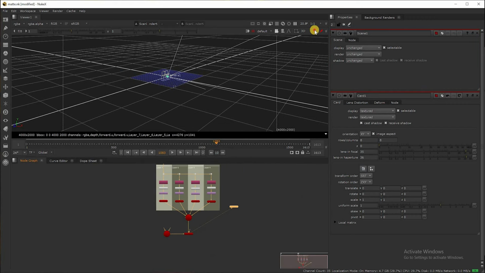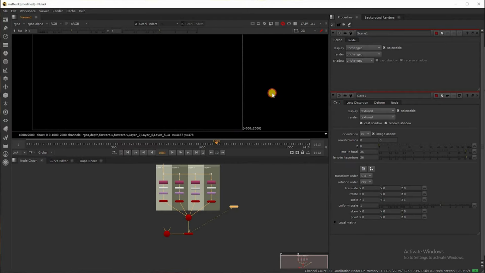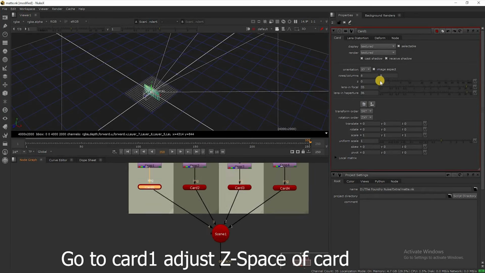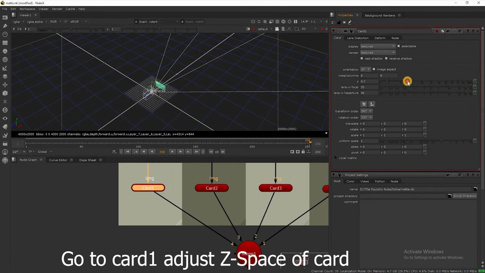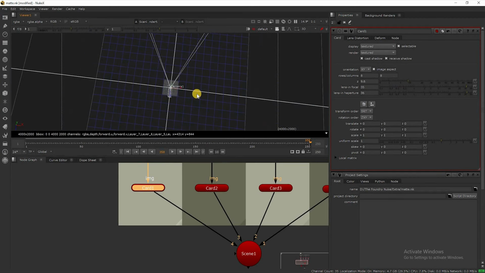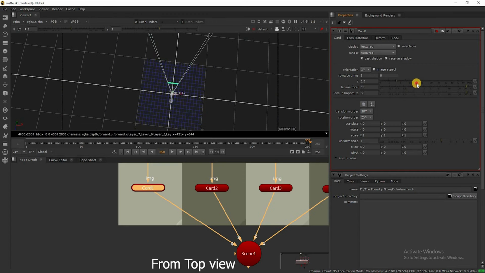Now once go and check in 2D view. See, a black screen will be here. That means we didn't set the Z space of the card. So go to card 1, adjust the Z space of the card. See, if I go up, this is the focal view of my camera.